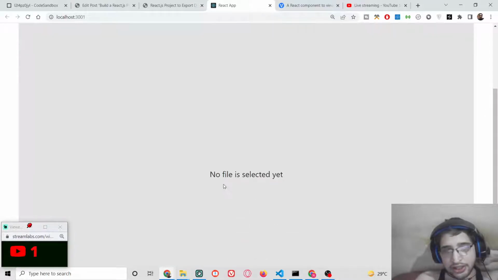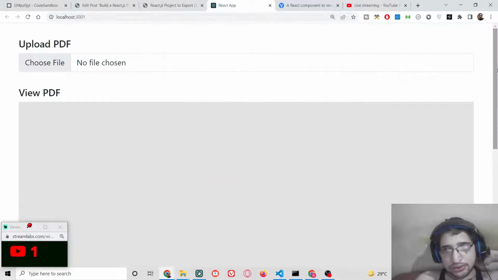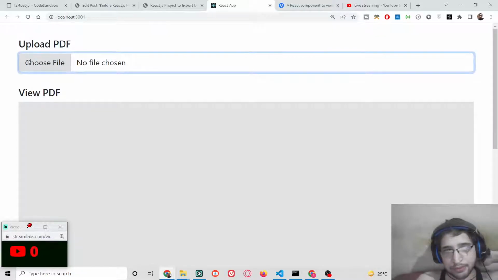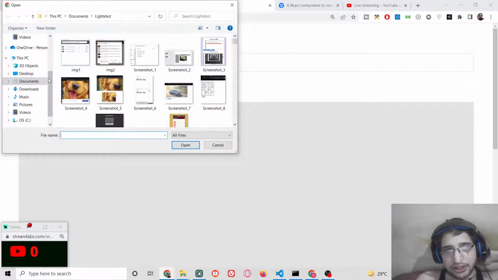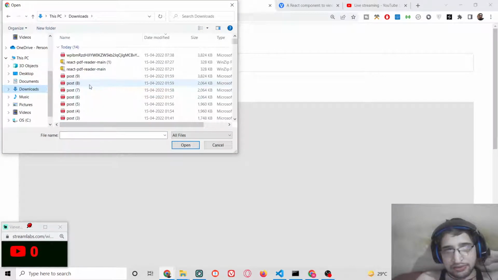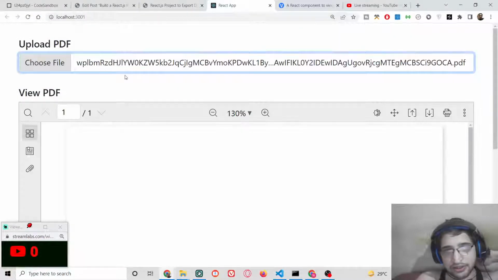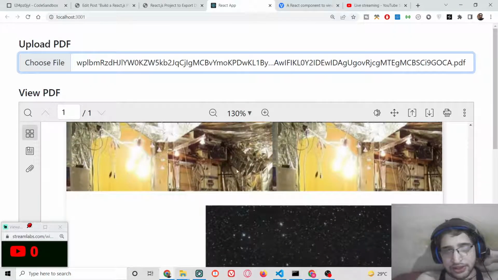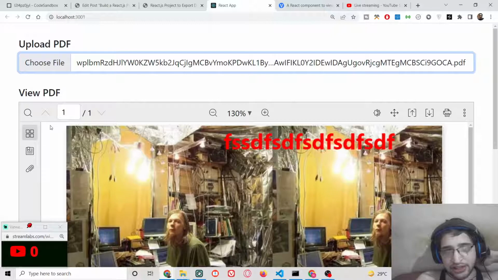So currently no file is selected, so there is an option available to you. This is a select input field. So basically if I click on the choose file button, I will be redirected to select any file. So this is the PDF file. Let me select this file here. So now you will see that guys, the PDF file has been selected successfully,